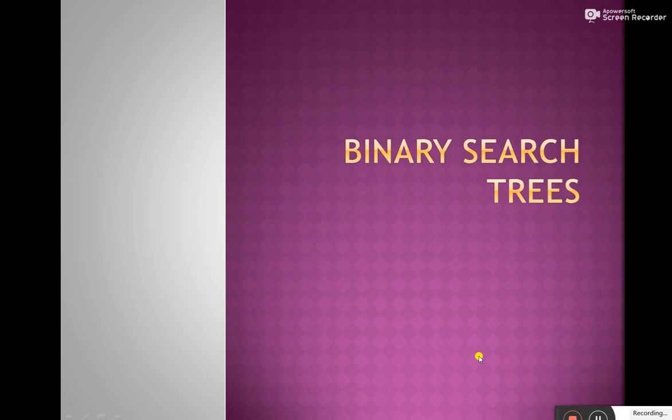So our today's topic is binary search tree. In my previous video lectures we have seen what the various types of trees are, what a binary tree is, what the traversal techniques are that we can use with a binary tree, and how to create a binary tree in C. Now in today's lecture we are going to see what exactly a binary search tree is, how to create a binary search tree, how to perform searching in a binary search tree, and what the various properties of a binary search tree are. So let us move forward.